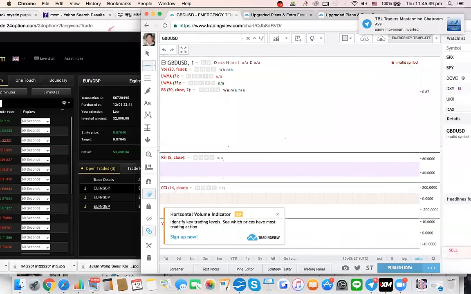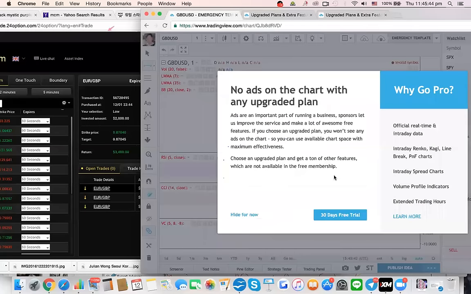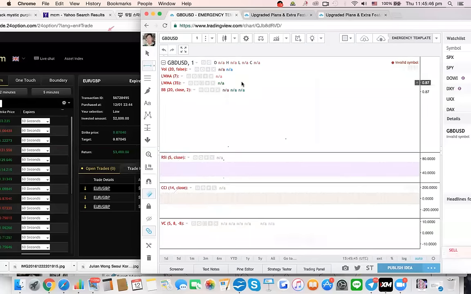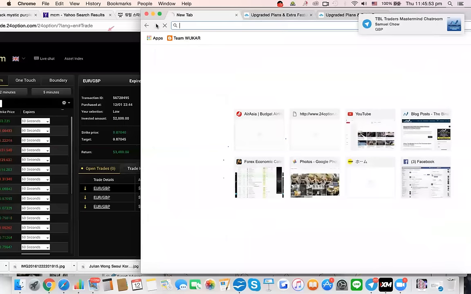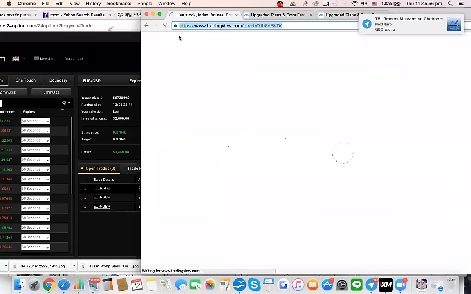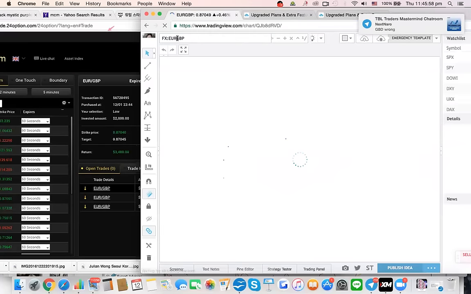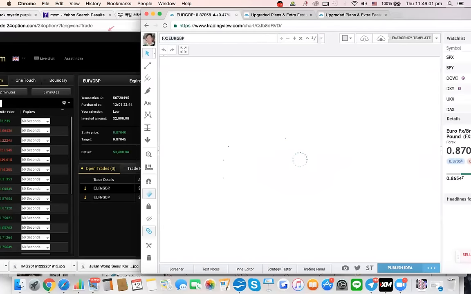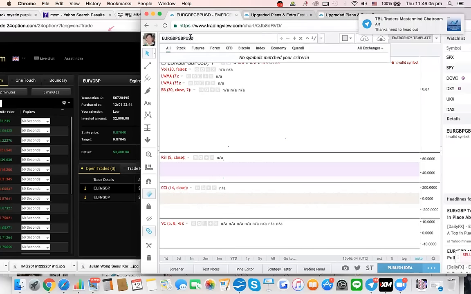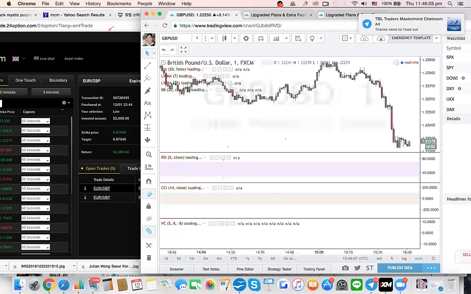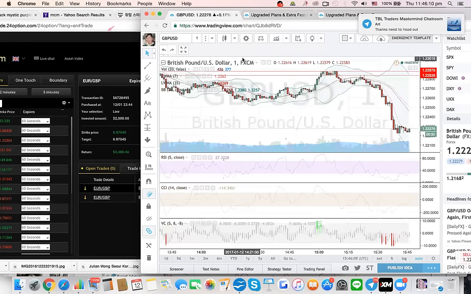It should be similar. Okay, why is it not showing? It doesn't want to show me the chart. Oh yeah. Yeah, same thing. Don't bother. Don't bother. It's getting too